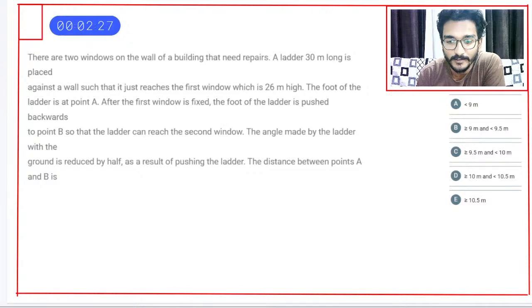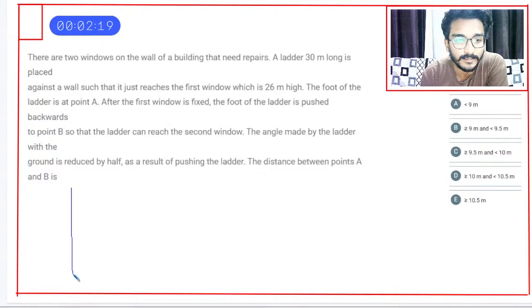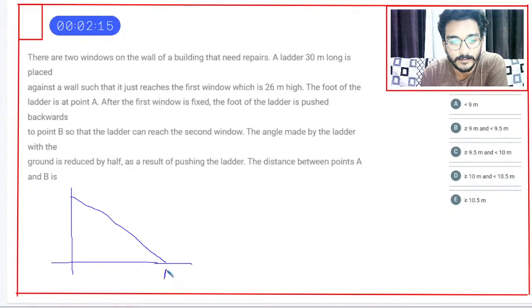चलिए स्टार्ट करते हैं, ट्रिको का क्वेश्चन है, यू कैन सेंस इट आउट। सो वी हैव टू विंडोज ऑन, एक लेडर है 30 मीटर लॉन्ग, समथिंग लाइक दिस, इज अ पॉइंट ए, और इसकी हाइट कितनी यहाँ पे 26 मीटर, दिस इज 26, दिस इज 30, और यहाँ पे कुछ एंगल बन रहा है, लेट सपोज 2 थीटा।